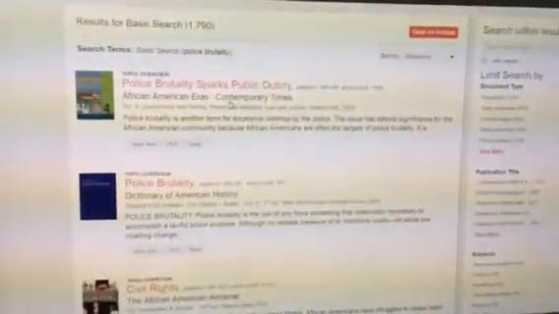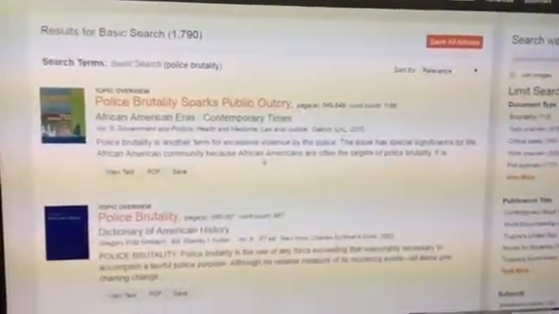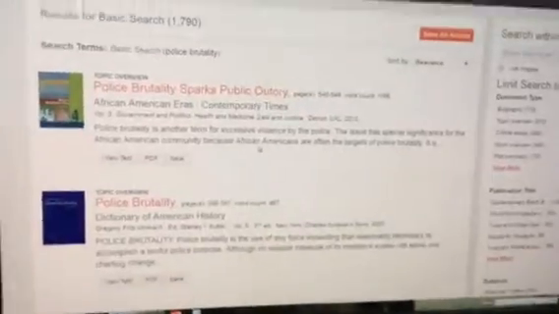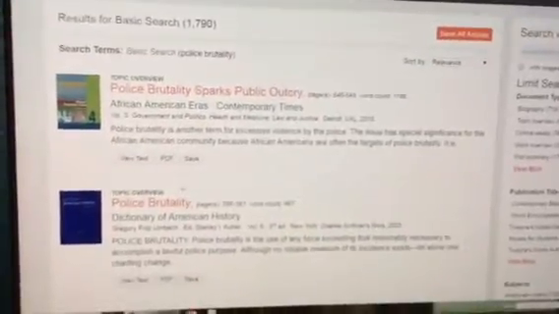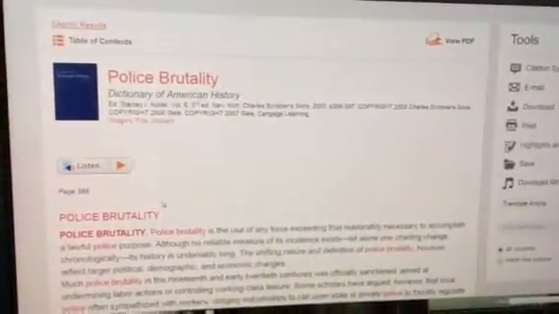So see what comes up. Police brutality sparks public outcry. Police brutality, there's a few things you can look at here. When they were published, so 2003, 2010. But this one, even though it's a little bit older, it says it's a topic overview from the Dictionary of American History. So this is probably going to get you an academic version